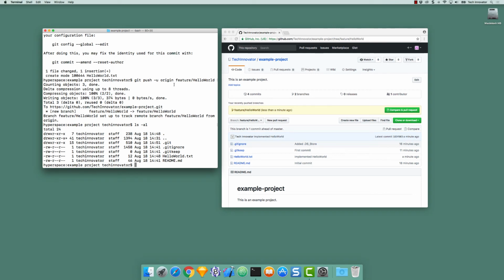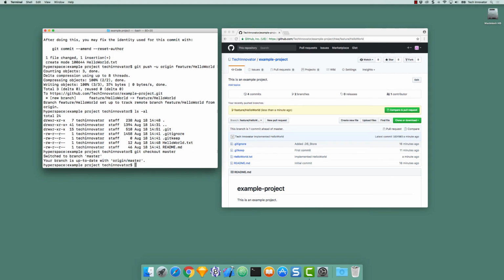So now that we have implemented our feature, we have finished all of our development work for that feature. And we want to merge this feature branch back into the master branch, because the master branch represents the working version of our application, and if we finished a feature and it works, it could be put in master. So the way we do this is we check out master,